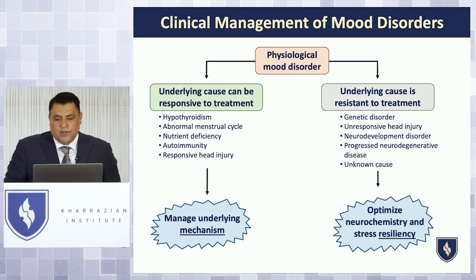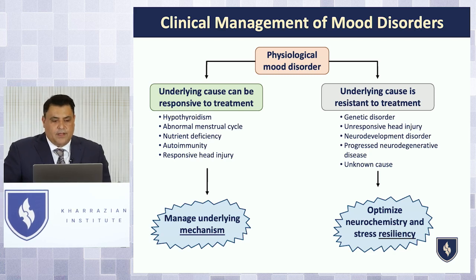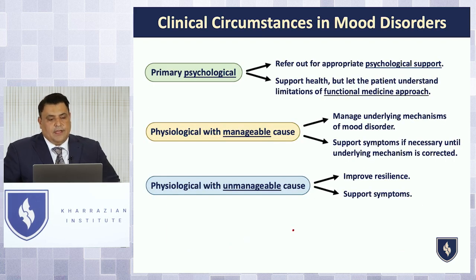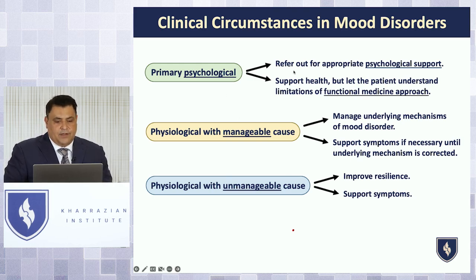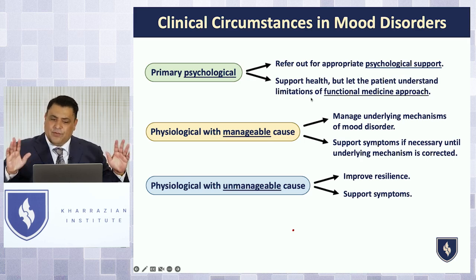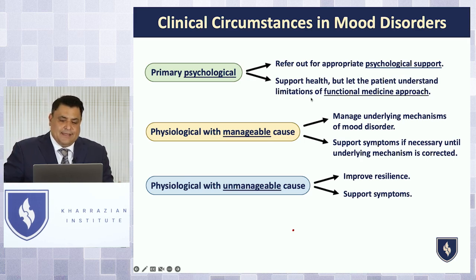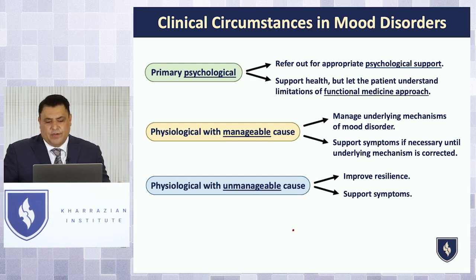And once you go through your clinical evaluation and your workup, you're really left with, is your clinical scenario psychological, meaning you need to refer out for psychological support? What you really have needs to be addressed by dealing with stuff that's going on. You need to get through that first. And that could just be your clinical gut feeling of what you want to do. There's some patients you may not want in your office. There's some patients who just feel like they're going to waste their time being in your office. They need to address other factors first.